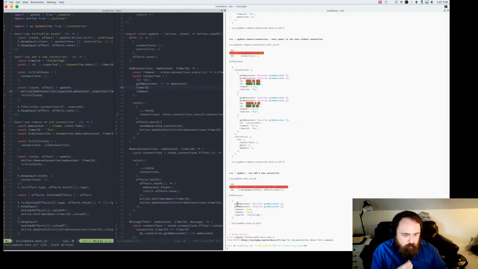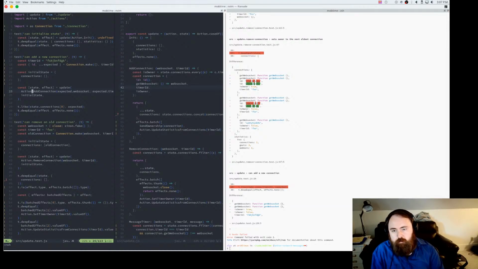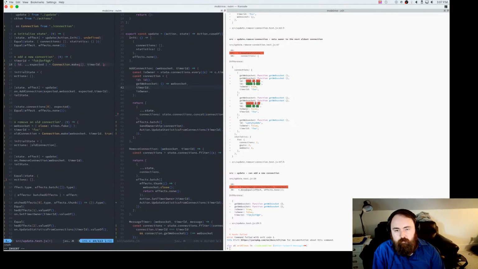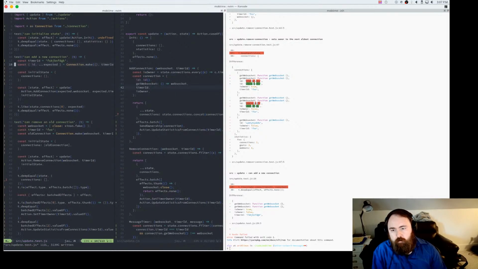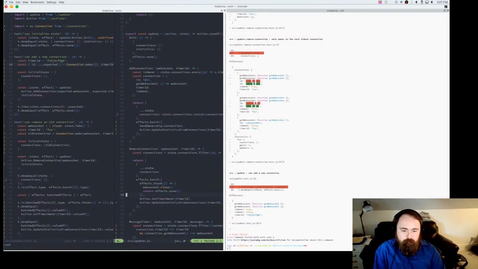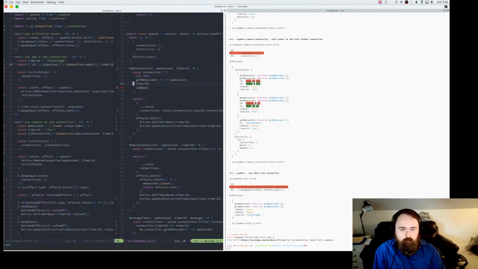So the difference was we got two different getWebSocket methods, which I guess makes sense. The isOwner was incorrect because there wasn't a timer. We didn't associate this as being the owner, but it would be the owner because there's no other connections. Actually, we should use setTimerOwner on here, and then assume that isOwner is initially false, and then we can always fix it.